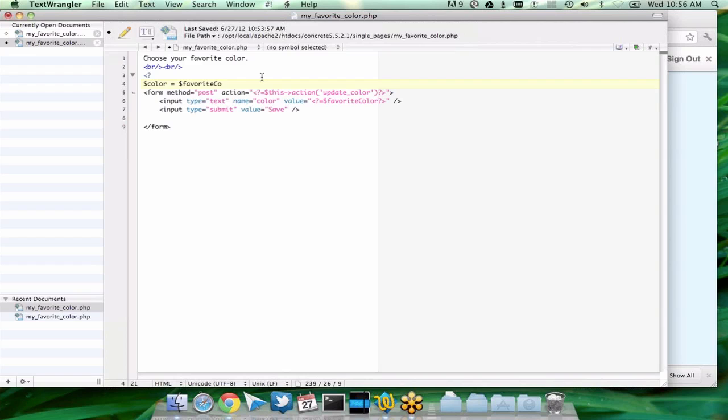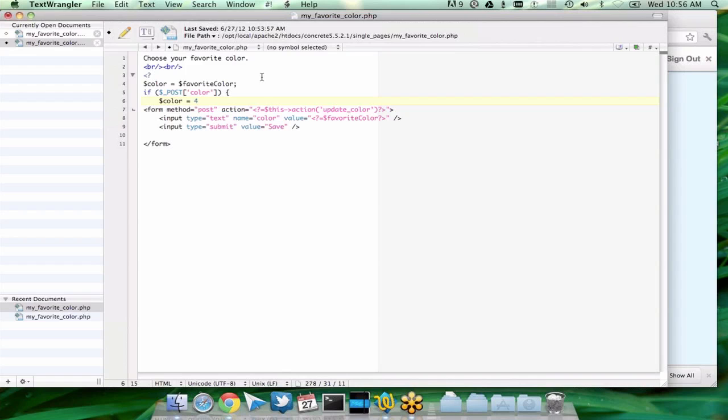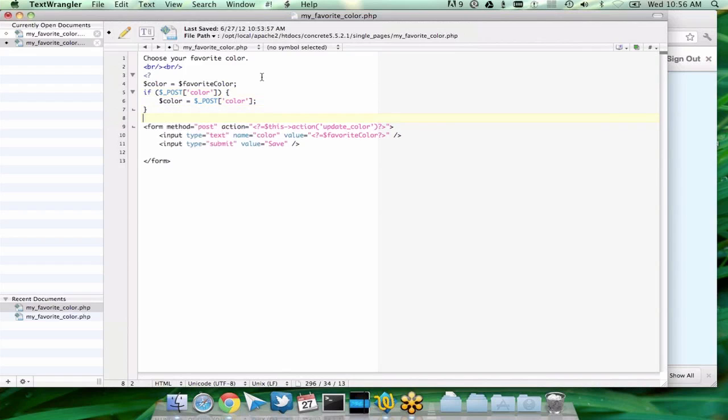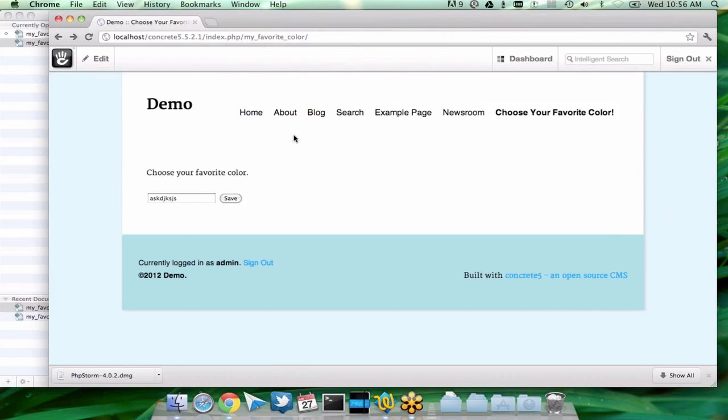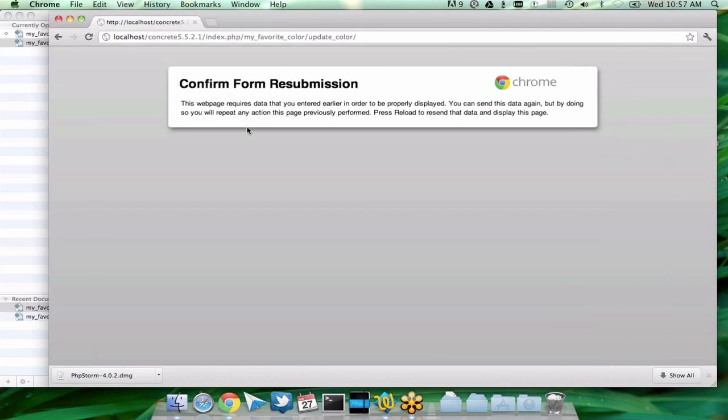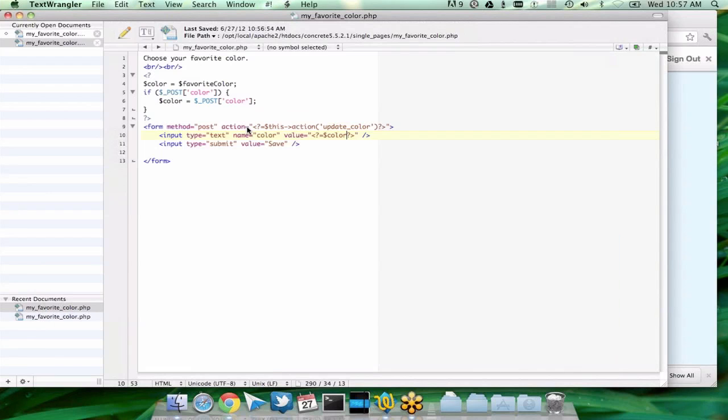Color equals favorite color if post color equals post color, and then you change out this data. While this will work, it's cumbersome, especially once you get to a form that has, you know, half a dozen to a dozen fields. It's ugly. Fortunately, concrete5,